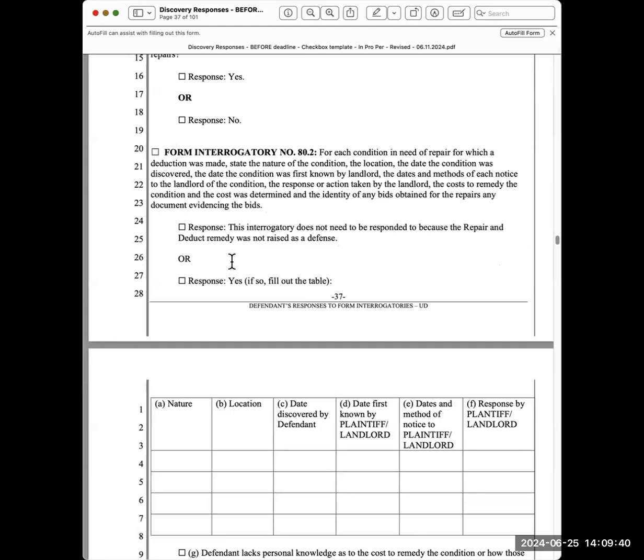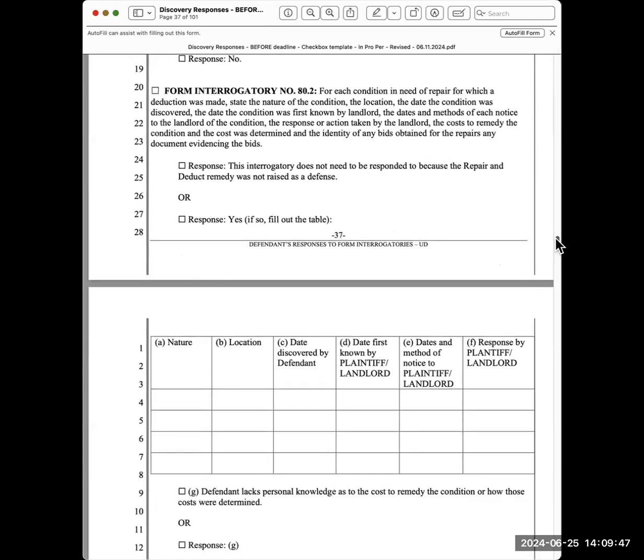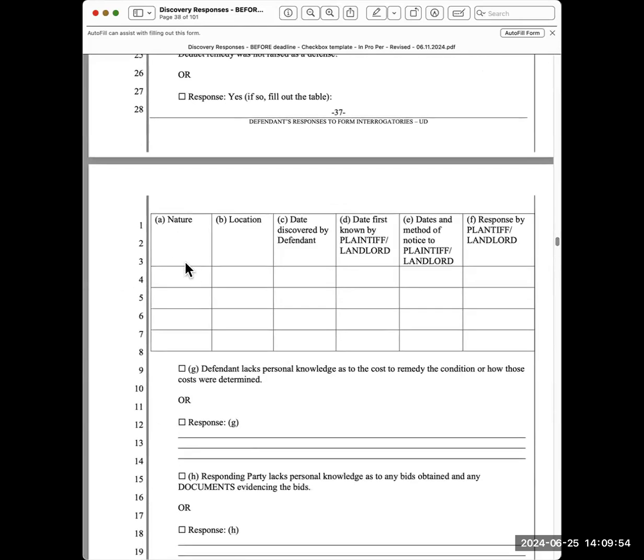So again, if it doesn't apply, check here. If you didn't raise this as a defense because it didn't happen, check here. Otherwise, check here and fill out the table based on these questions. The nature of the repair, the location, the date you discovered the problem, the date you first notified the landlord or property manager, the date and method of notice to the landlord or property manager, and the response from the plaintiff